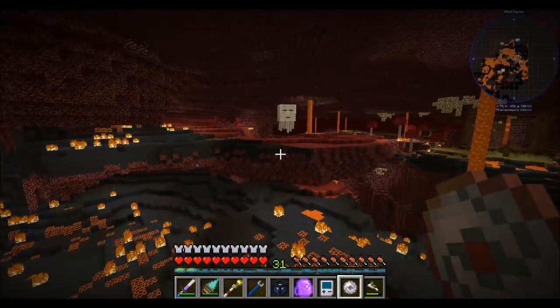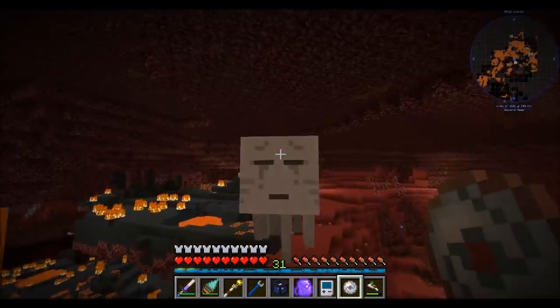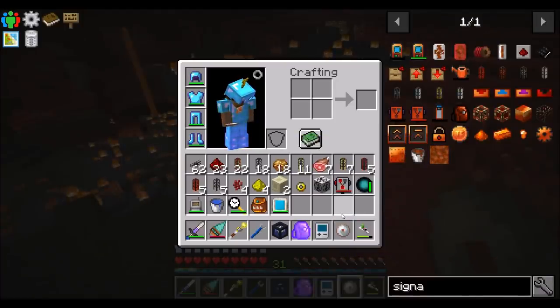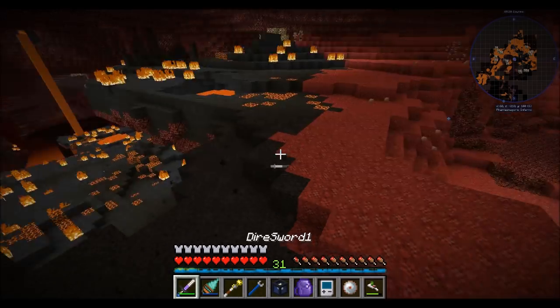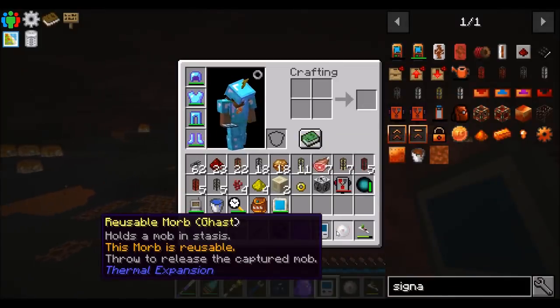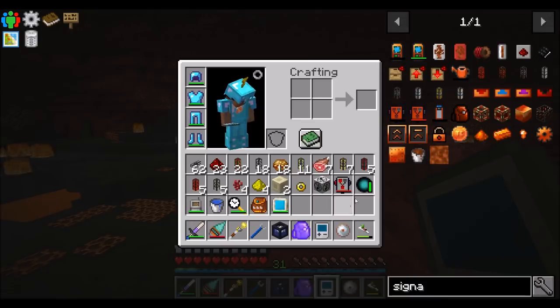Found one. All right, so let's give this a shot. So if I just... Hey! That actually worked pretty well. And the magnet super helped. I expected the magnet to be annoying. But that was cool. All right, cool. Now, hold mob stasis with a throw to release the captured mob. Okay, cool. But first...